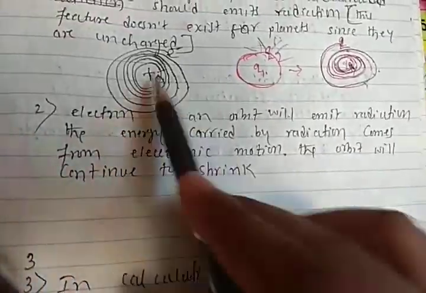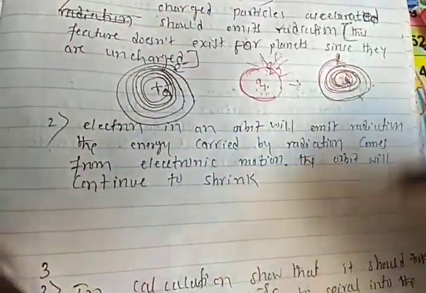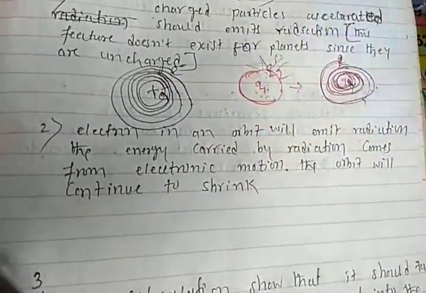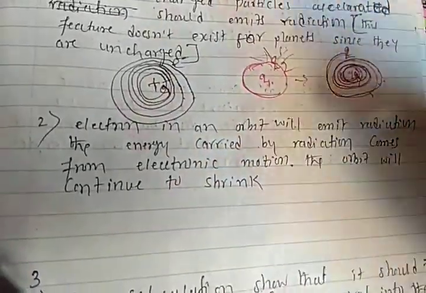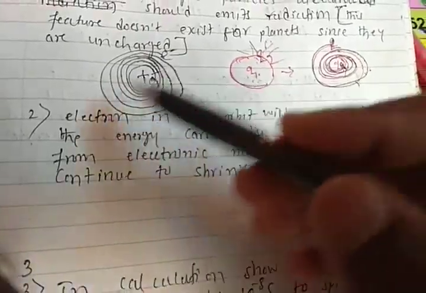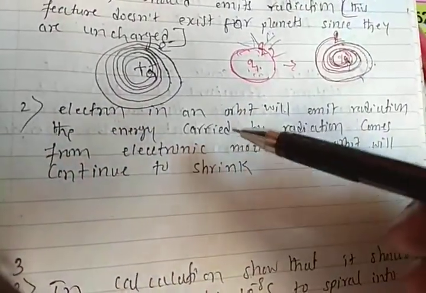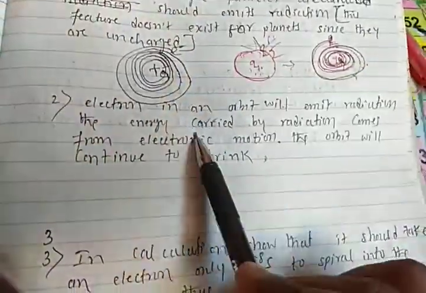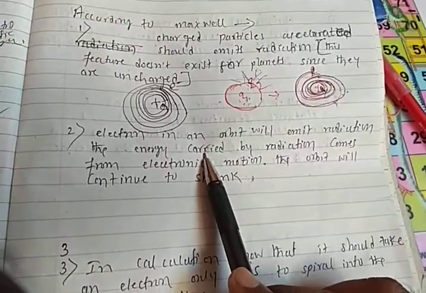Already we have discussed this. So while electrons are rotating around the nucleus, the electrons emit energy. If they emit energy, then again while rotating they come closer to the nucleus, combine with the nucleus, and it becomes finished. The energy is completely finished. That is explained by the second point.